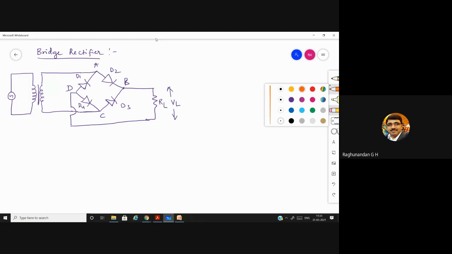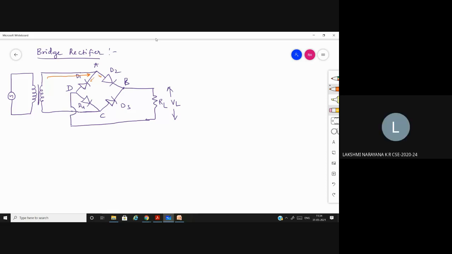So now, during the first half cycle, that means during the positive half cycle, the current will come here. When the current comes here, there are 2 paths, right? One is this one and the other one is this one. Now you look, for D2, the current is entering from anode. For D1, the current is entering from cathode. What happens when the current enters from cathode, and what happens when current enters from anode? Anode forward bias, sir. Cathode reverse bias. Yes, good.